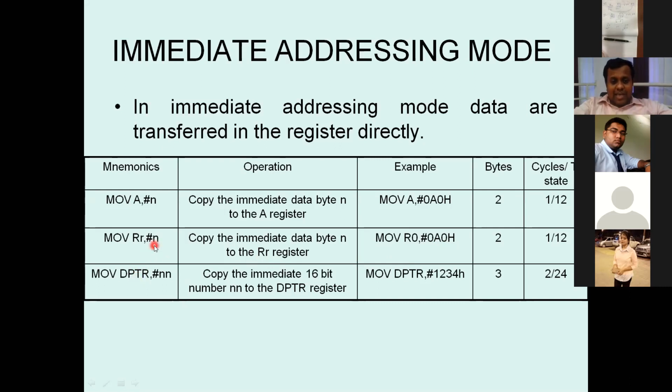So this is an N, but this is a double N. Double N means 8-bit and 8-bit is a 16-bit number. So just see, DPTR comma has 1, 2, 3, 4, with no 0 connected. 0, 1, 2, 3, 4 is not given. Only 1, 2, 3, 4, because it is a number starting with a digit.